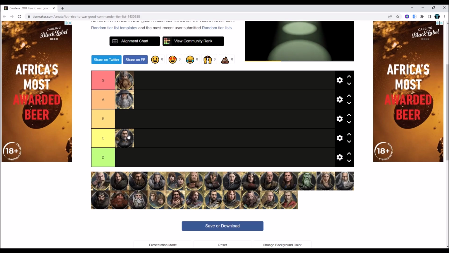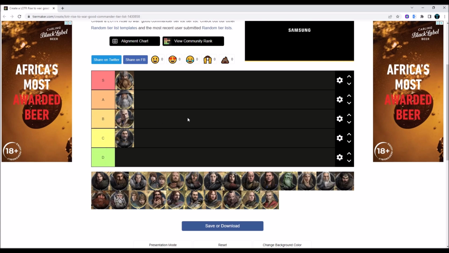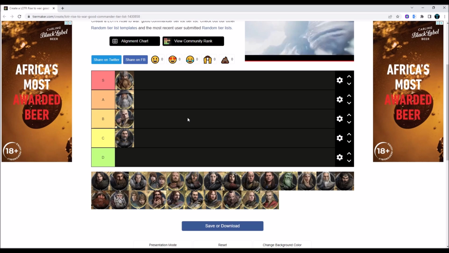There's just other commanders that you would pick over him any time of the day. So Imrahil is gonna go to C. Next up we have Legolas. Legolas was really good in the early seasons,